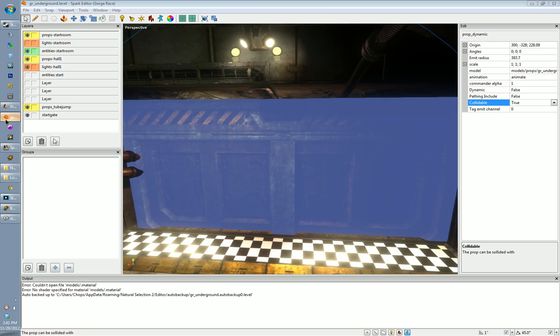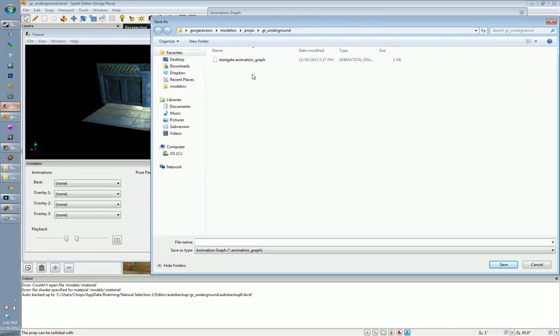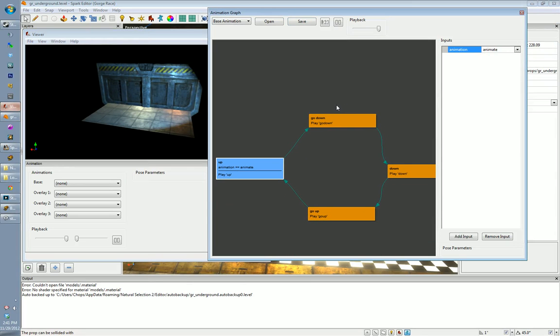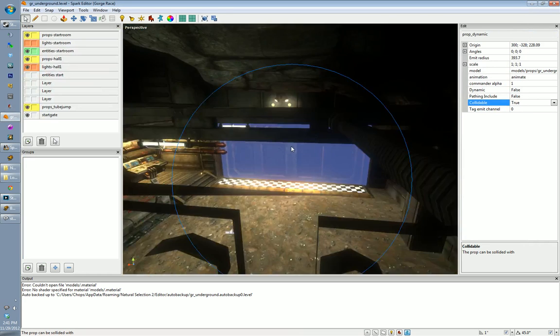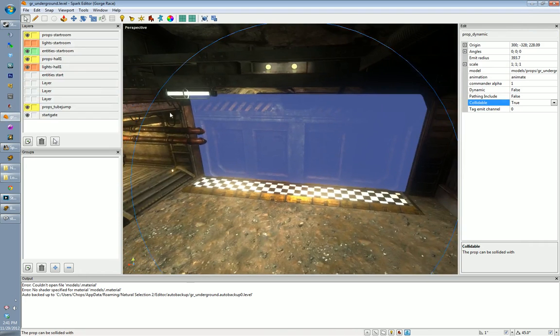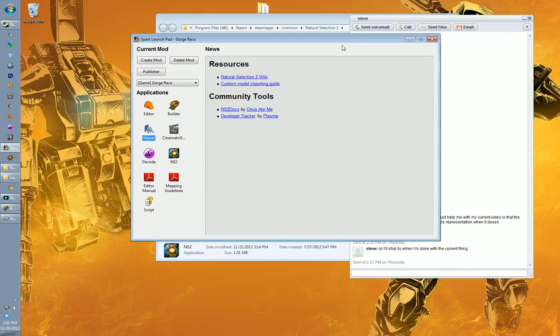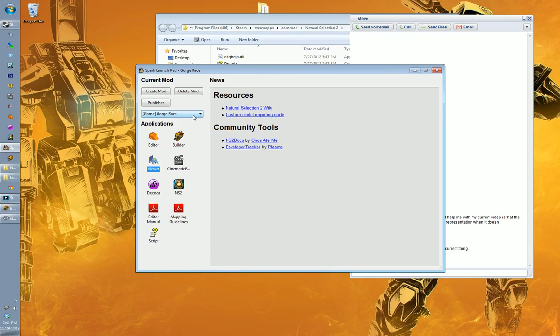But yeah, we'll go back to the viewer and save this animation graph. Make sure it's in the right place. Yes. And that'll do it. Okay. So now that that is saved correctly, we'll save the level and close that. And now I don't think this is actually working in the current build, but in the next build this should work fine. But what I'm going to do next is